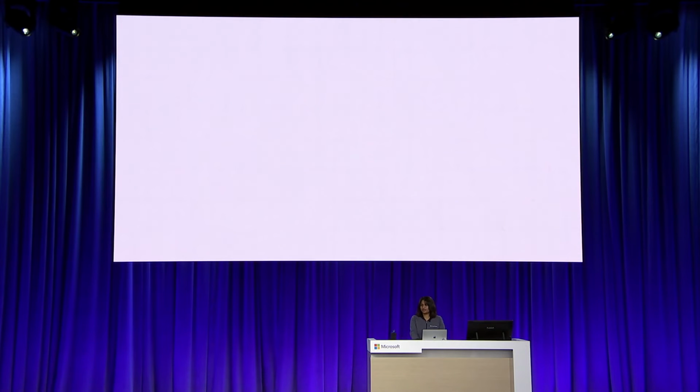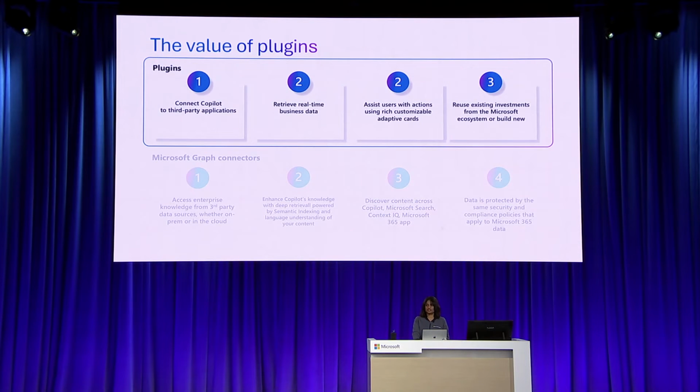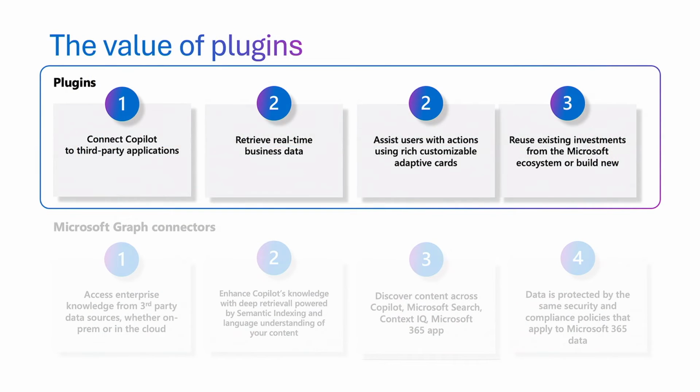Now, to wrap it up, let's think about what value plugins bring. You can connect Copilot to your third-party application. You can retrieve real-time data, like the product information, stock information, something you need up-to-date information about. And then you could also help your users take action then and there in the conversation with Copilot. And obviously, probably the most important is if you already have a message extension, you could reuse those technical investments and create a plugin without doing anything from scratch. Of course, you can do it from scratch, too. But there is more to talk about message extensions, so let me welcome Sukhmani Lamba to the stage.